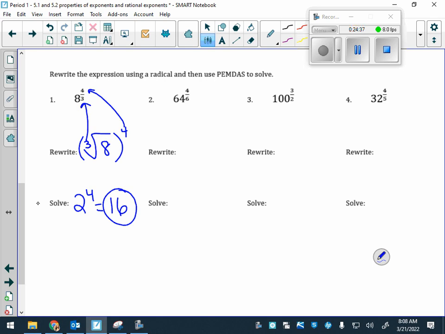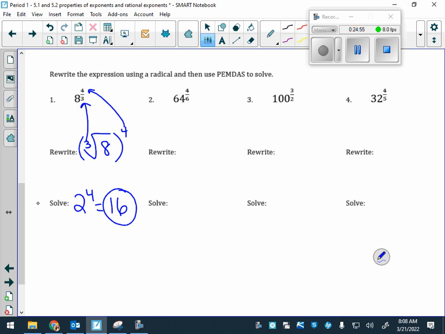When we do evaluating though, or solving, you want to focus on something small. Then raising 8 to the 4th power first. Okay, so you want to take care of your parentheses first. Number 2,